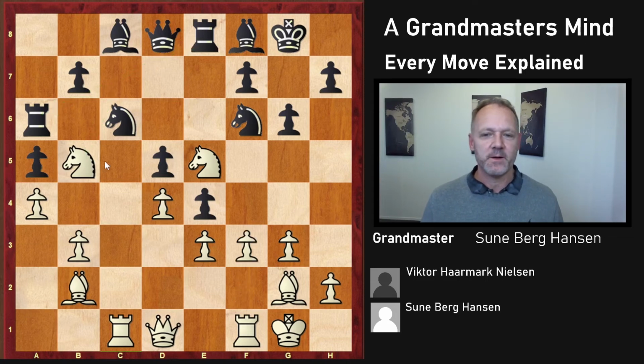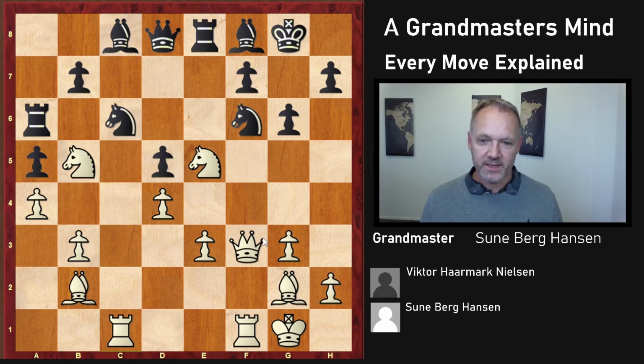So f3, getting ready to open here. I couldn't see anything. This does not work. I just take back, and the knight is coming here, and there's basically no compensation. So he has to take, and that was not the plan. Queen takes, and I'm threatening here, and he cannot take again because